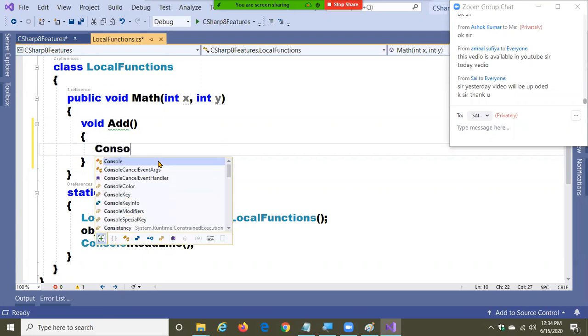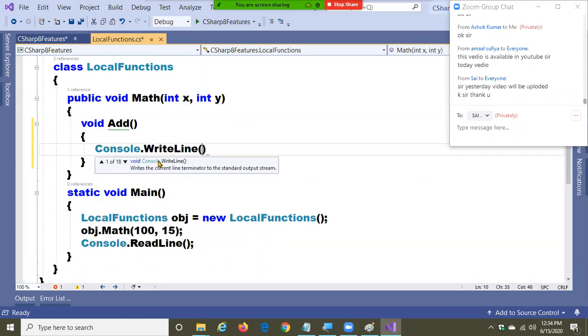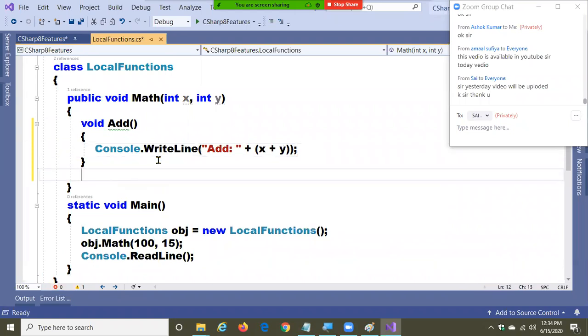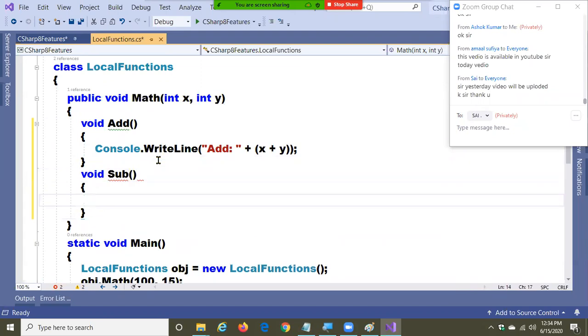And here I'm writing the logic: Console.WriteLine add function, x plus y. Void sub, x minus y.